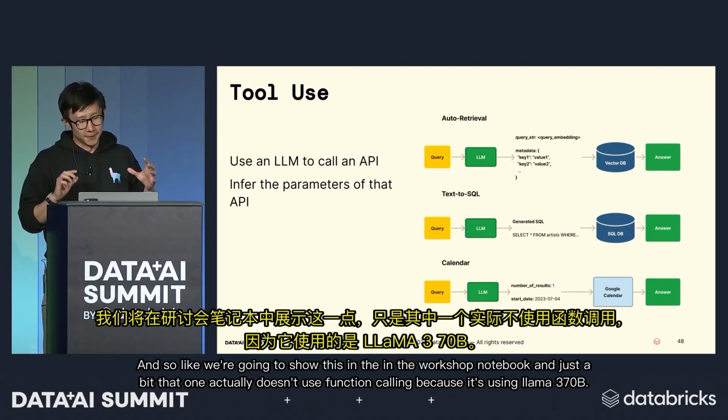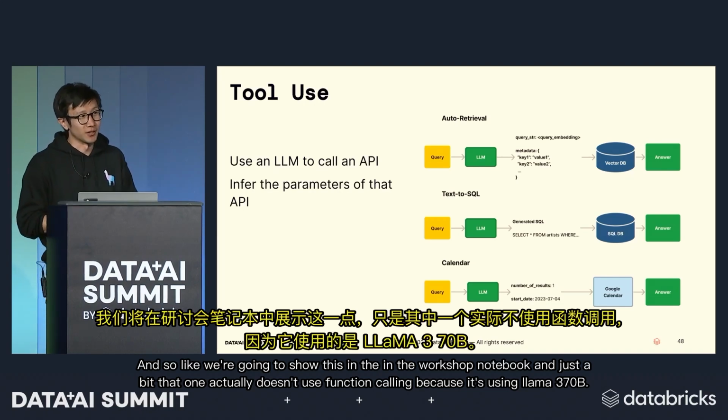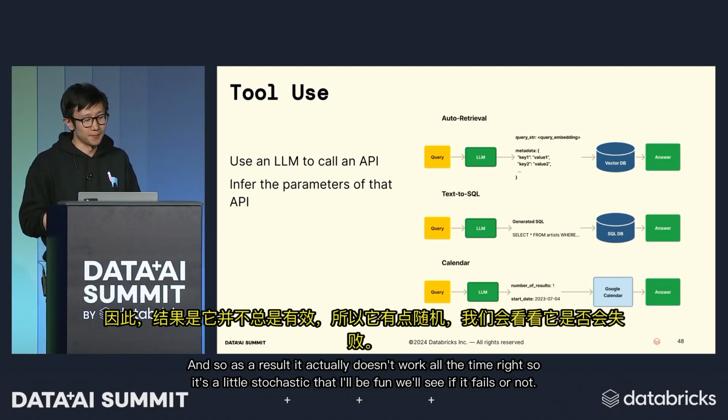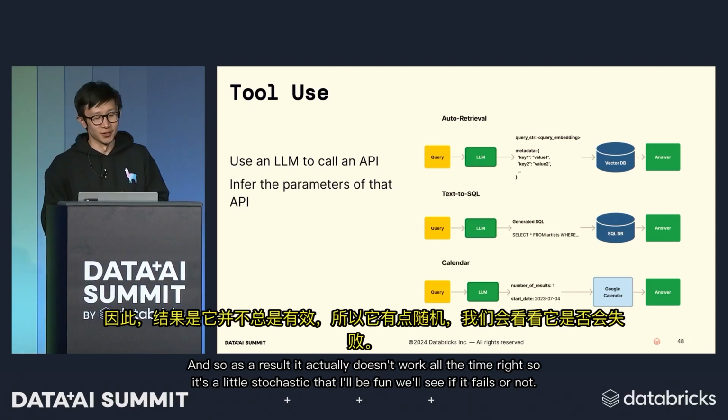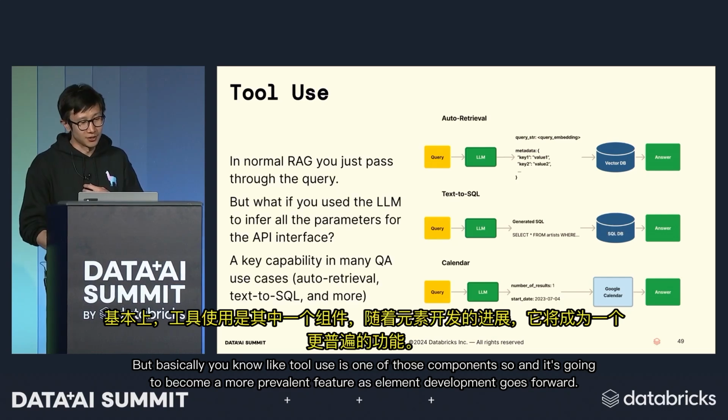And so we're gonna show this in the workshop notebook in just a bit. That one actually doesn't use function calling because it's using Llama 3 7B. And so as a result, it actually doesn't work all the time, right? So it's a little stochastic, but that'll be fun. We'll see if it fails or not. But basically, tool use is one of those components, and it's gonna become a more prevalent feature as LLM